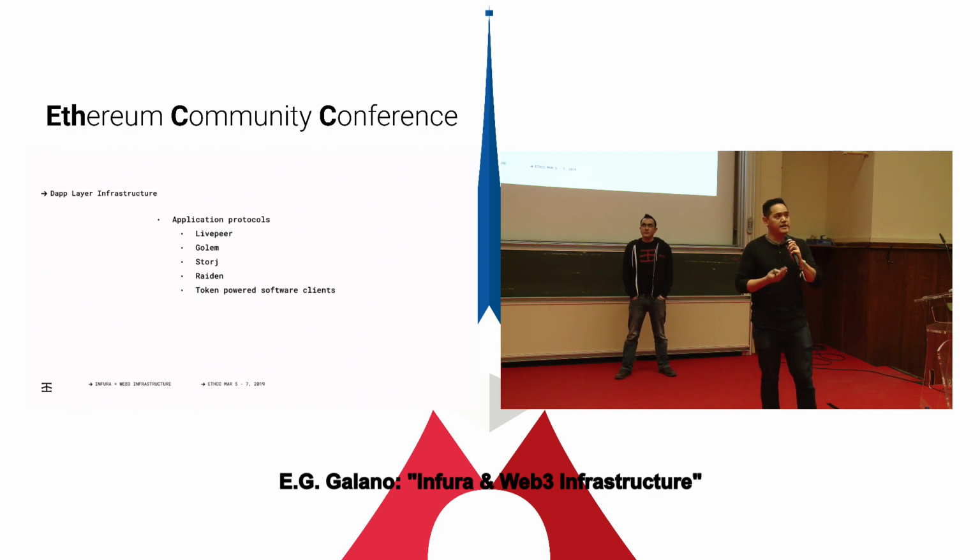But you start to get into that infrastructure world when you start to look at things like LivePeer, which is like an incentivized transcoding system or platform, or other things like Golem, storage, Raiden, Filecoin. Those types of things require you to run additional clients. And that's something I want to touch on a little bit later in this talk when I'm talking about the incentives to participate in these systems.